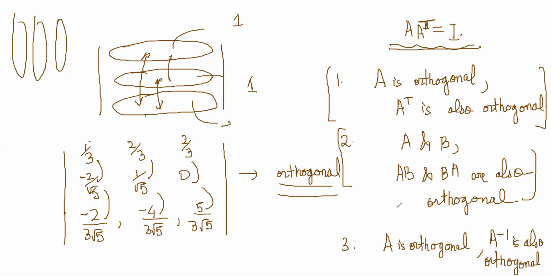How do you check orthogonal matrices? You check by this method. Okay, we'll go ahead. Orthogonal matrices are done. The second type of special matrix is the idempotent